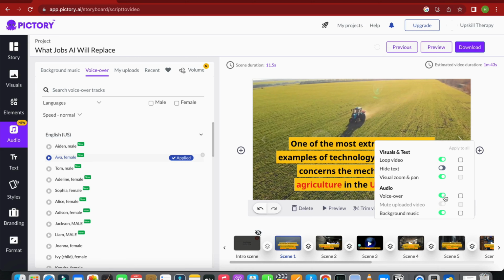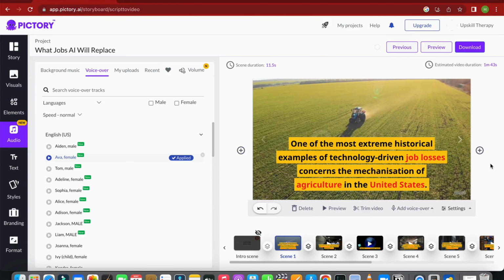You can simply upload your own voiceover file and connect to this video, and Pictory will automatically sync your voice with the video and it will create it, right? So that's it. The whole video has been created here, I believe. All we have to do is hit on download, and there are a few more things as well which you can do. You can not only download the video, you can also create a spreadsheet for social video post, and also